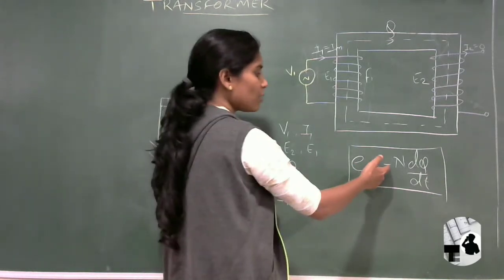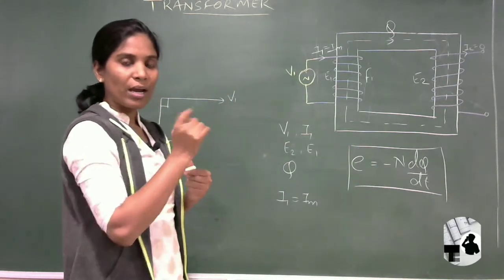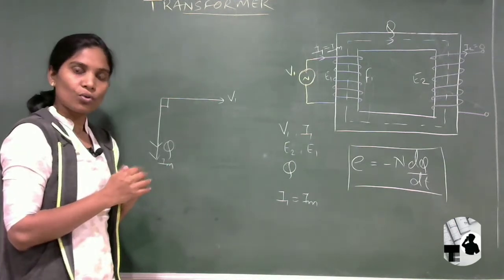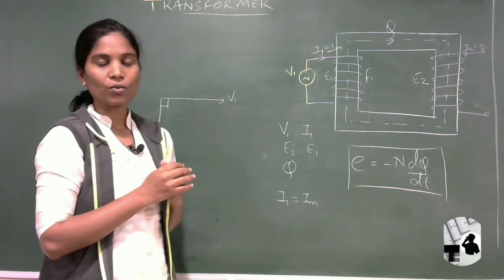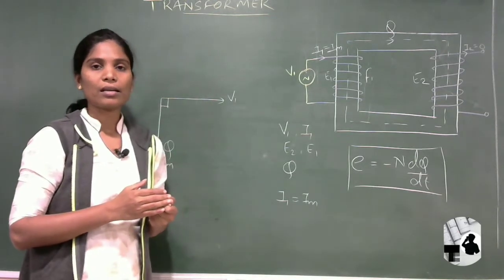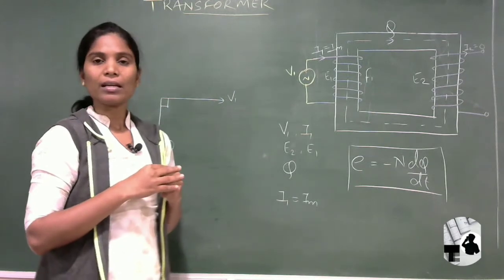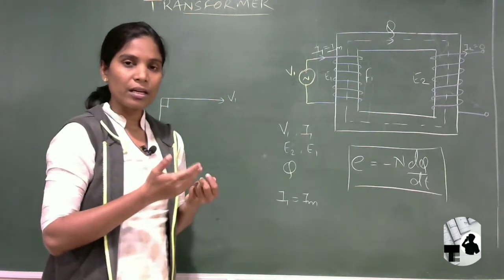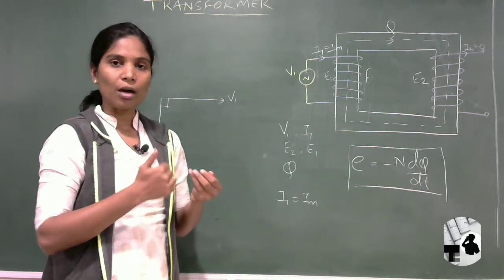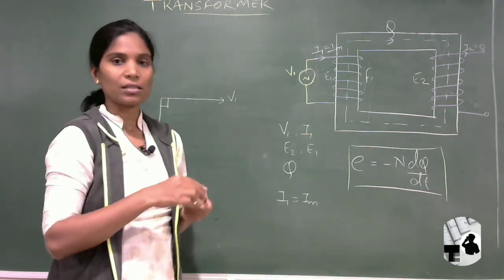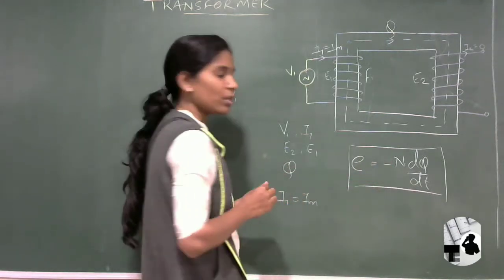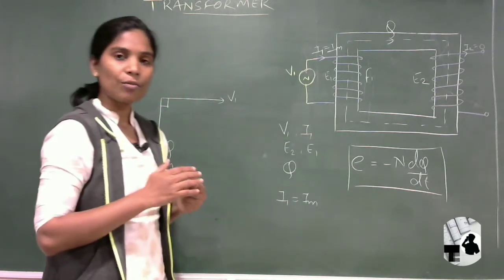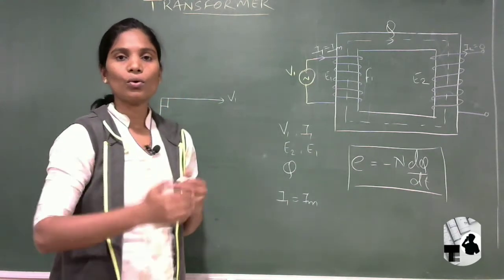Now why are we having the minus sign here? That minus sign is a very significant sign. So you may have heard about the Lenz law. What is Lenz law? Lenz law says that whatever value we are generating, it will oppose its own cause, and due to that opposing nature, we represent it with the minus sign. So here that minus sign is showing the Lenz law. That means the EMF that we are developing will also oppose its own cause.